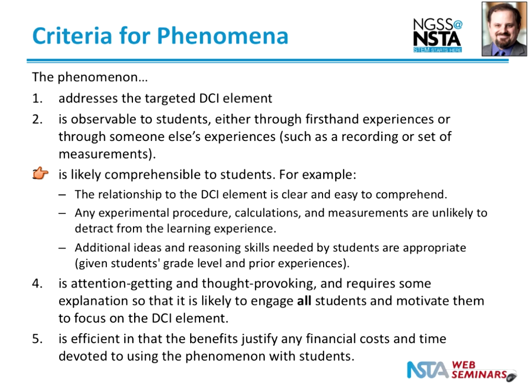Another key piece is how comprehensible is it? Can students understand what's going on here? Is the relationship to the DCI element, that bullet in the DCI, clear and easy to comprehend? Are the procedures you have to go through something that the students are ready for and capable of doing? We won't want fourth graders to have to plug and go through a significant algebraic equation in order to do something. You've got to think about how it relates.